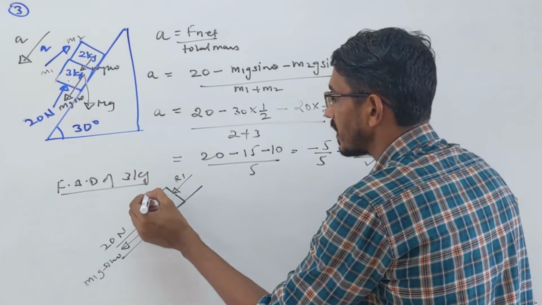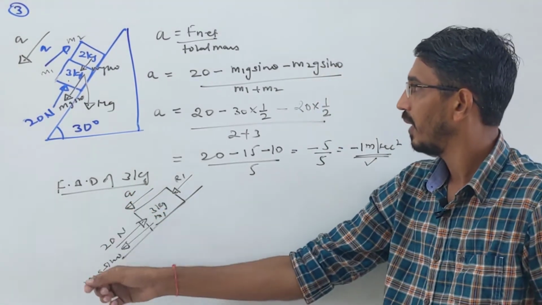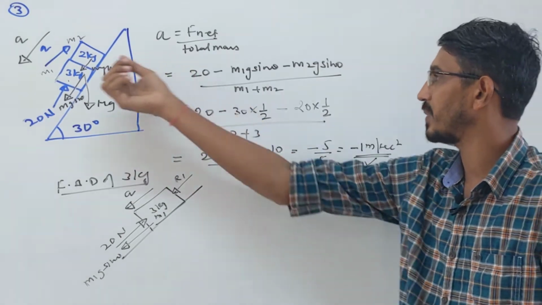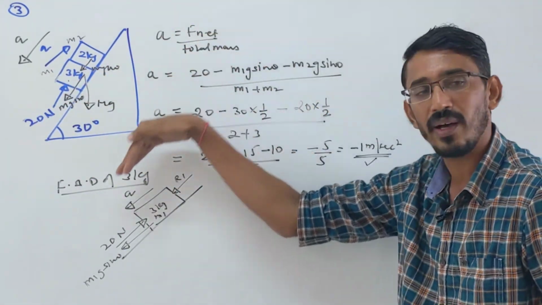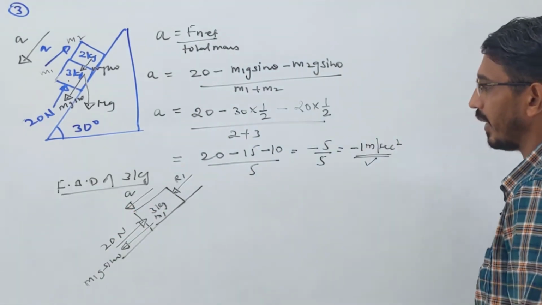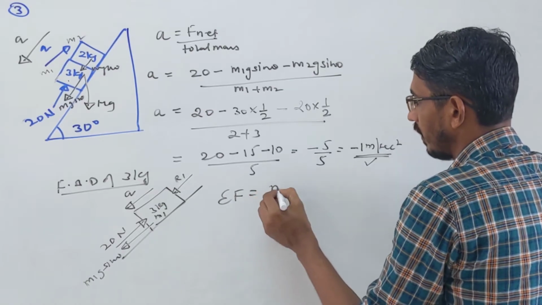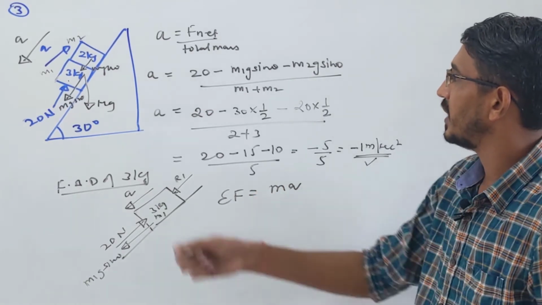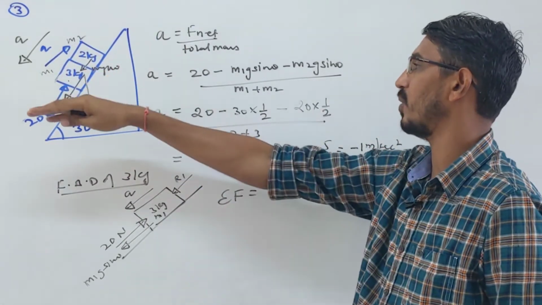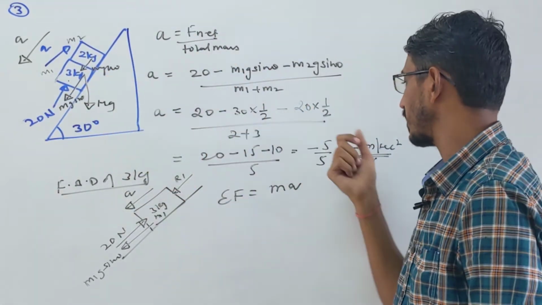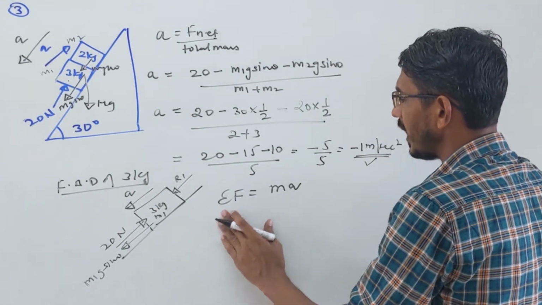Okay, and the system is moving downward with acceleration A. You have to give attention to that. Like I assumed before calculation, suppose I said they are moving upward, but my answer came negative, so you have to correct it: they are moving downward. Now let's write net force should be equal to Ma. It's accelerating here. Suppose they say the system is at rest, then acceleration will directly be 0, or moving at constant velocity up and down, again acceleration will be 0, right? No need to calculate acceleration.